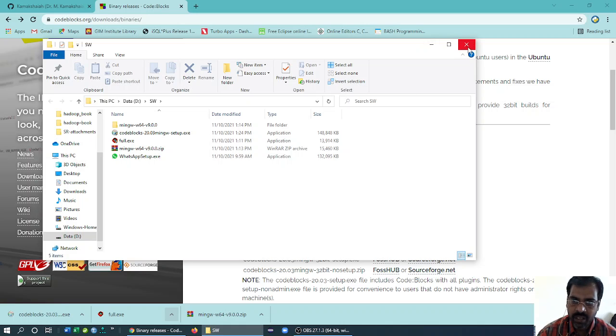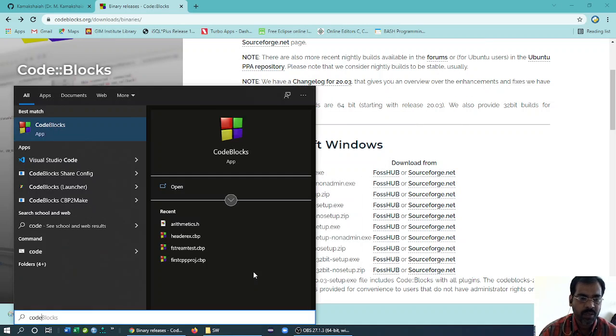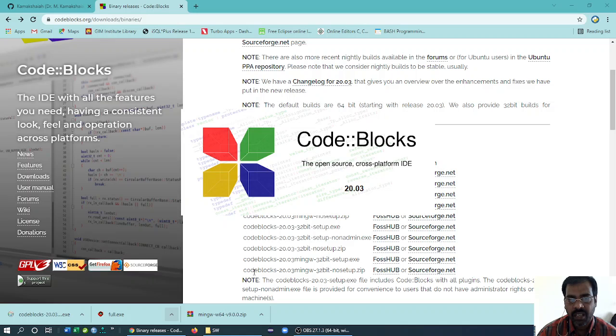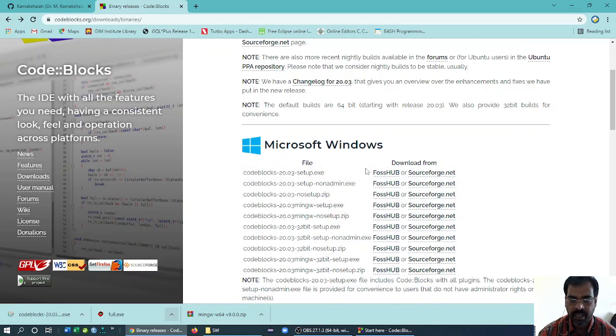I already installed it on my computer, so I'm going to show you. If you open CodeBlocks, this is how it looks. It is opening now. After a little while, yeah, this is how it looks. You can just create a new project or open an existing project. I'll minimize this for the time being, and let me finish my other way of